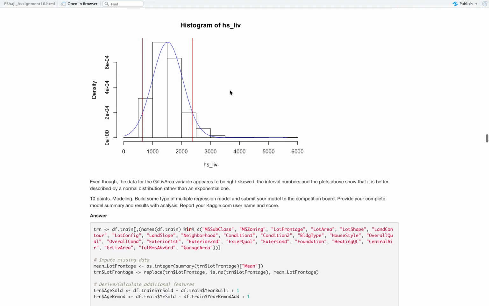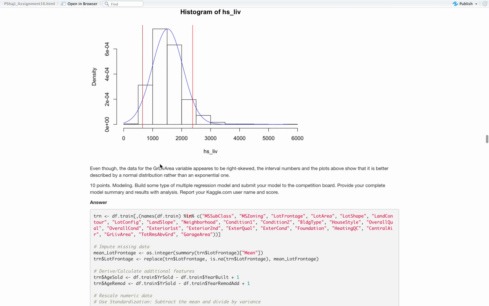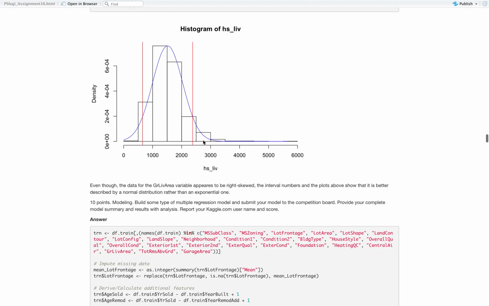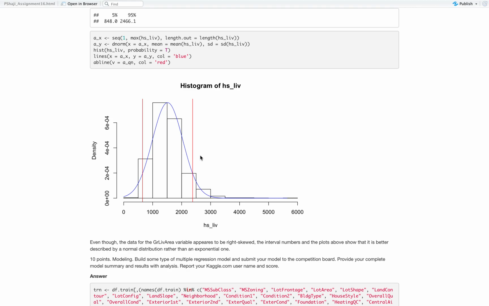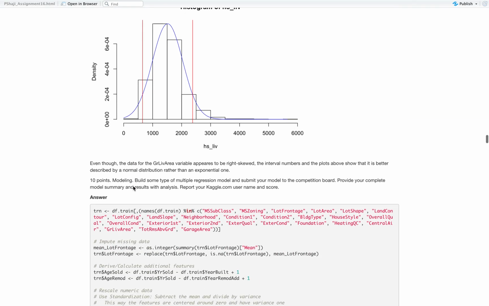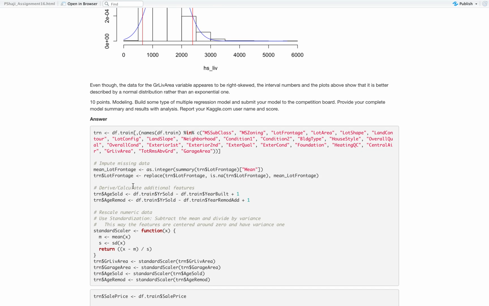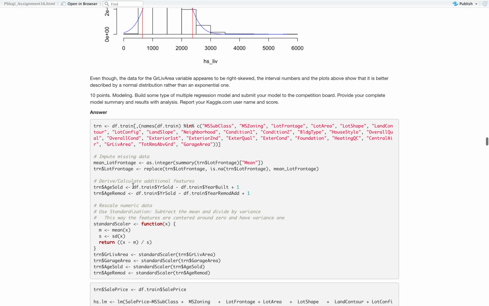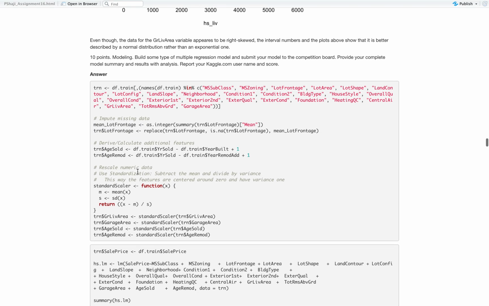histogram of the living area, which seems to be nearly normal but a bit right skewed. Now, even though the data of this living area variable appears to be right skewed, the interval numbers and the plots above show that it is better described by a normal distribution rather than, as we see here, an exponential one. Now, moving on to the next question, we have to build some type of multiple regression model, and